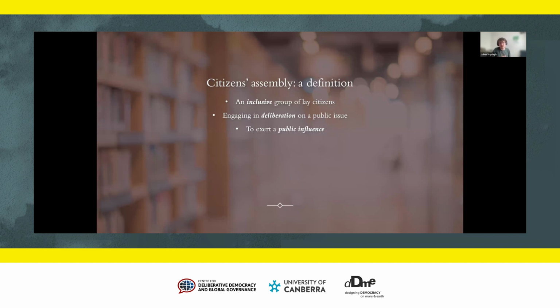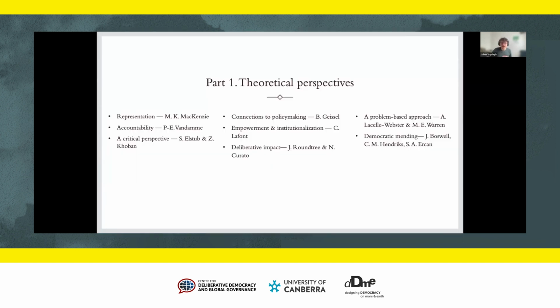So that's about the definition, which is developed in the introduction of the handbook. In the first part of the handbook, we invited theoretical contributions. And as Yanina said, there is already a plethora of theoretical papers and books about mini-publics. So here we really try to have original theoretical contributions. And we did so with